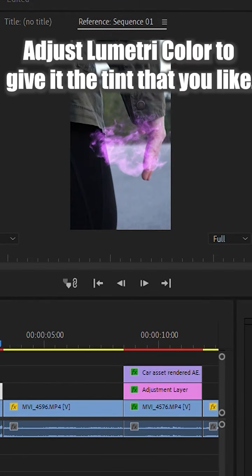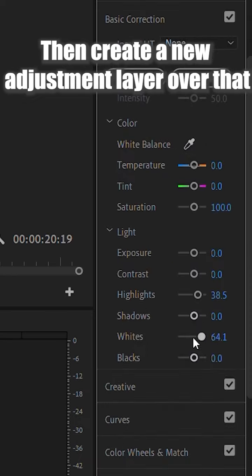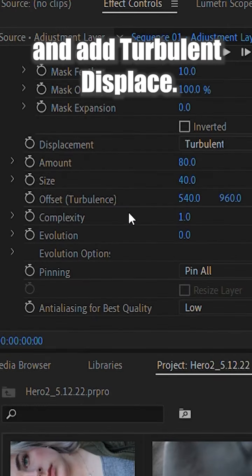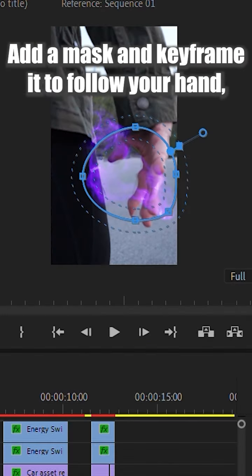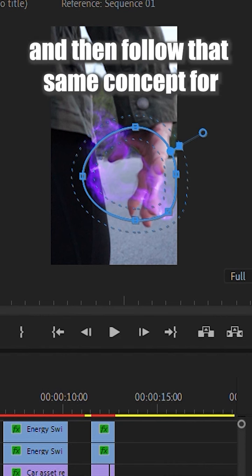follow your hand. Adjust Lumetri Color to give it the tint that you like, then create a new adjustment layer over that and add Turbulent Displace. Add a mask and keyframe it to follow your hand, and then follow that same concept for everywhere else you